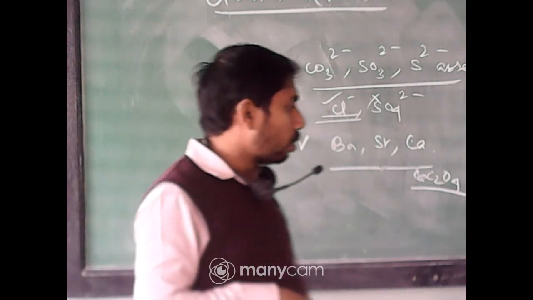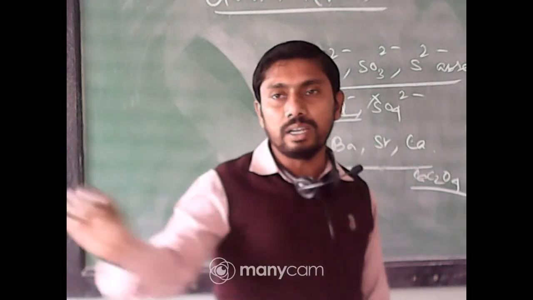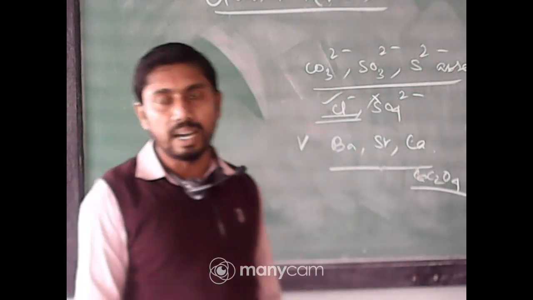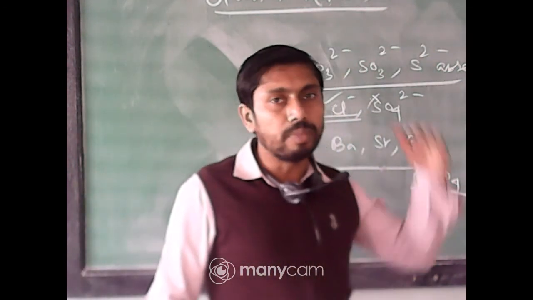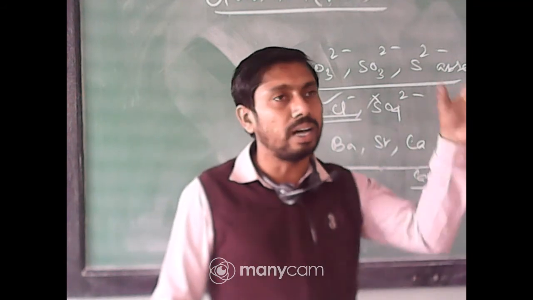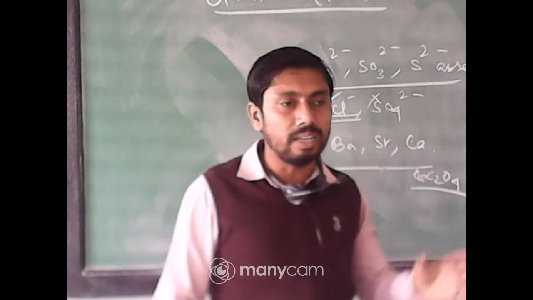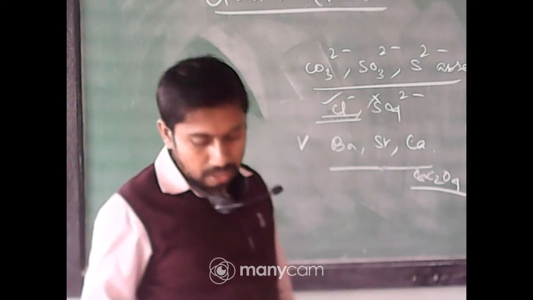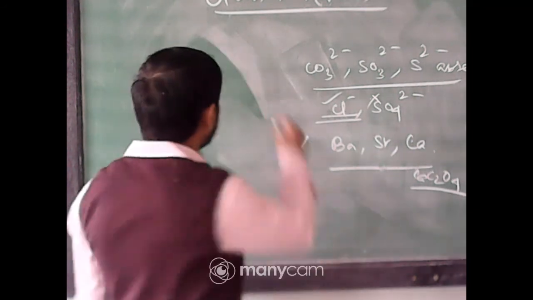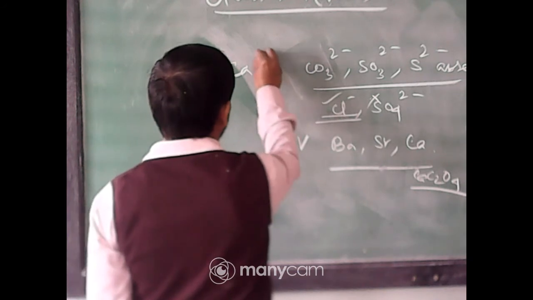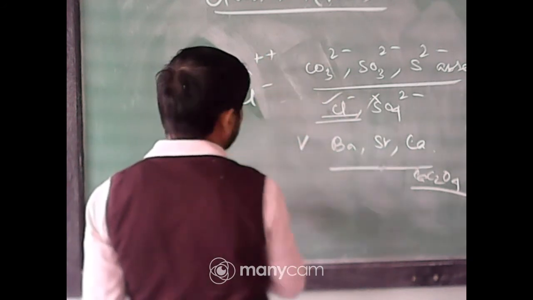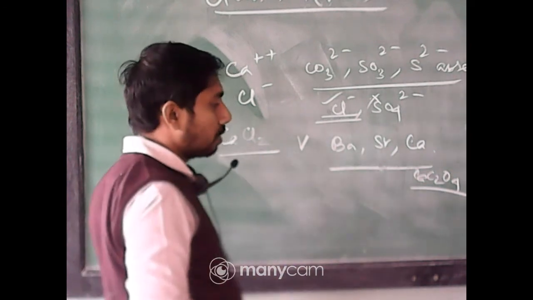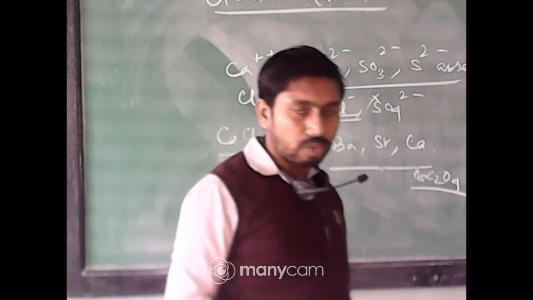So this is the way, and then you will conclude the systematic analysis which is going on. After the physical characteristics, the three columns will start and end at that level, and after that you will write the probable composition: calcium as cation, Cl minus as anion, so the probable composition is calcium chloride. Okay, understood how to write?